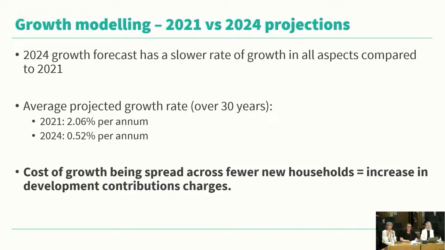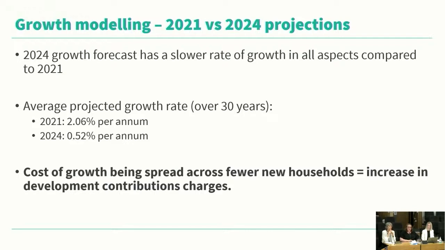Okay. All right. So wrapping that up, overall the 2024 policy is based on a slower rate of growth, particularly in the long term, which you just saw. Growth projections are subject to change and are affected by a range of factors, including sudden, rapid population change, changing migration patterns and trends, which we certainly saw post-COVID-19, and changing demographic profiles as well.